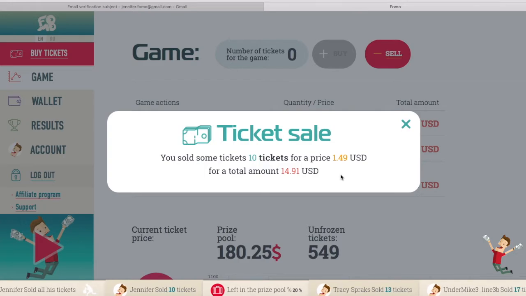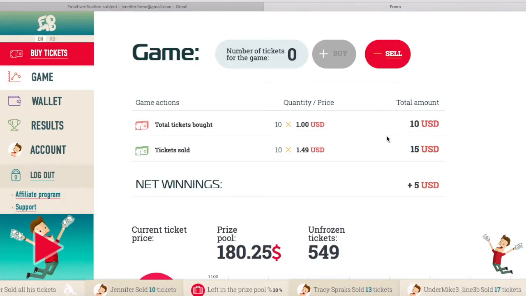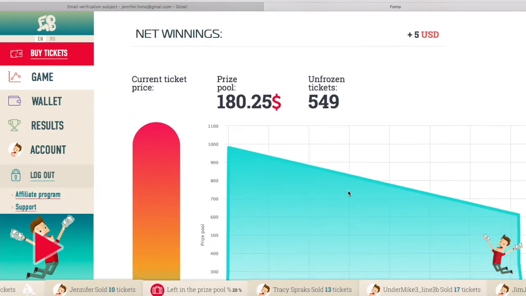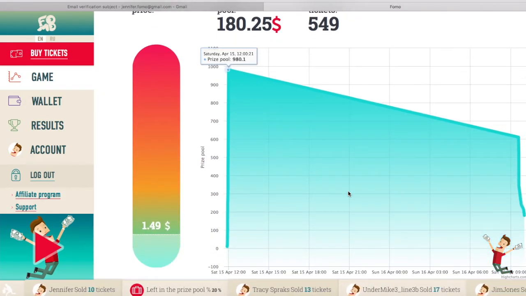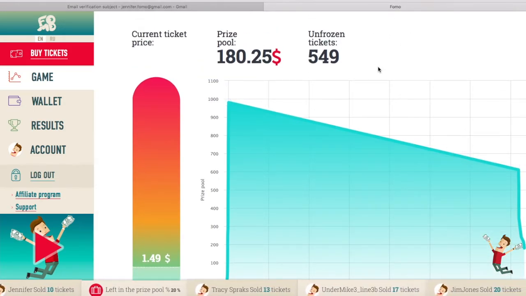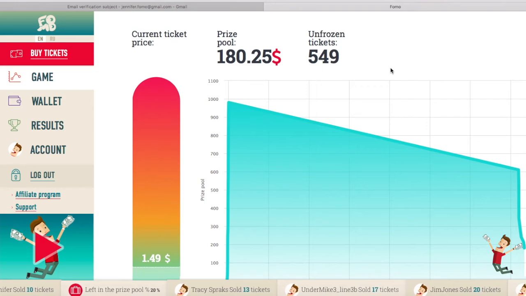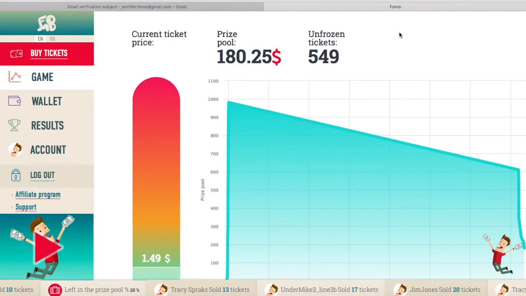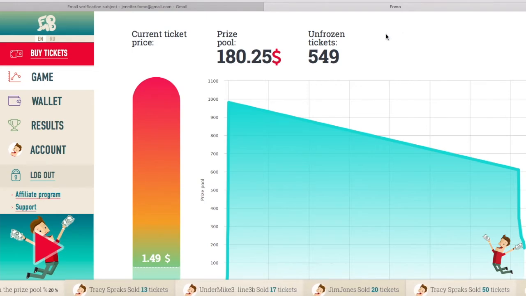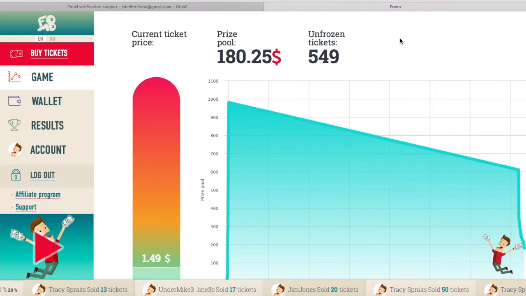Okay, so I just sold my tickets. I was in time to do this, and it was a really great game. A lot of things I've seen and a lot of things I've learned from it. For example, in here you remember that it was showing the unfreeze period. Every 15 minutes within the game, 2.5% of the total price pool of the total ticket number is getting unfrozen. So if you want to sell your tickets during this unfreezing period, you have to be on time,